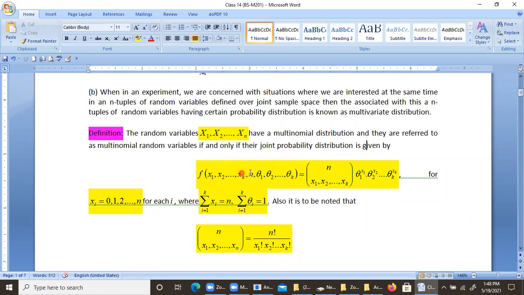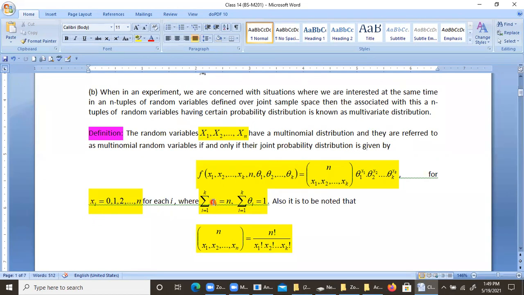And this probability function can be written by this notation, where it looks like nCx, but we shall not call it nCx. This is a notation which stands for n factorial by x1 factorial, x2 factorial, multiplied by xk factorial. So don't get confused that this bracket is nCx. This is just a notation used for this factor, multiplied by this probability raised to the power x1, this probability raised to the power x2, this probability raised to the power xk, where